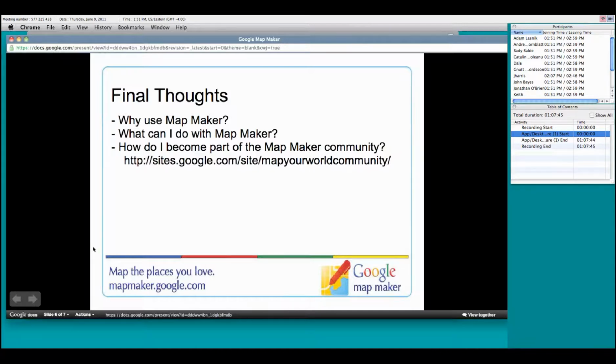Now, I've already shown a little bit of what you can do with Mapmaker, but just as a reference, in our conversations with various users across the world, there are various things that you can do with Google Mapmaker that are going to be fun, interactive and useful. Something that is done quite often is what's known as a map party, where people will come together in a community and actually map out a specific area or a specific type of feature and review each other, so that a specific area gets mapped out accurately and quickly. Other things that you can do with actual map